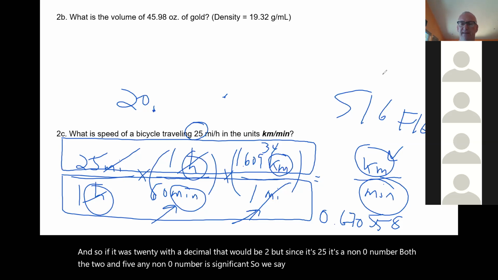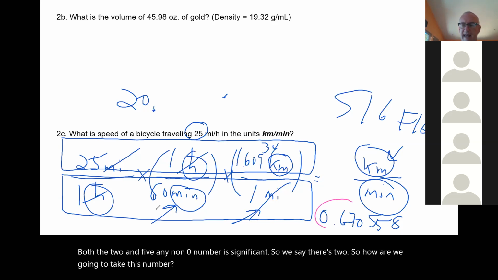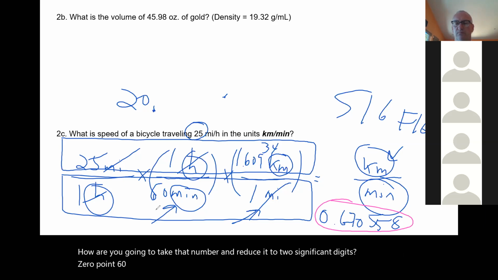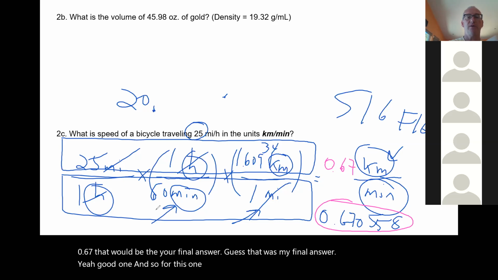So how are we going to take that number and reduce it to 2 significant digits? 0.67 kilometers per minute. There you go. So 0.67, that would be the final. Is that your final answer? Yes, that was my final answer. Yep, good one. And so for this one here, basically all you need to do is convert ounces,